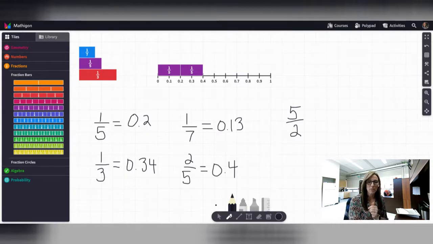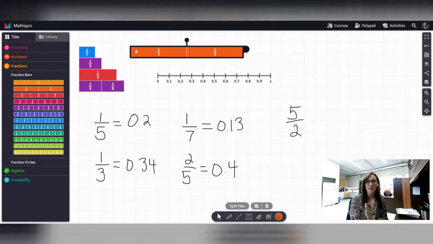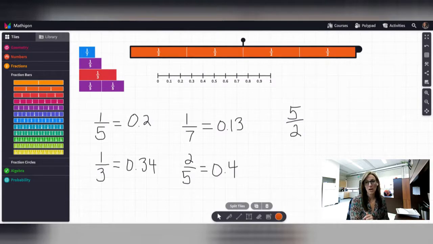Okay, so let's grab our pointer. I'm going to move this guy out of the way. Let's pull out, because you have to recognize what is the unit fraction in this. So we have 5 1/2s. So they'll have to see that we have to go to our half, but we need 5 of these. Okay, so there's 3, 4, and 5. Okay, so we now have 5 halves, and this is clearly where the students can see, oh,